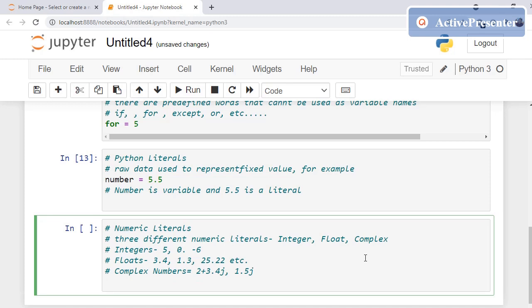Numerics can also be represented in binary, octal or hexadecimal systems. These are the decimal systems, right?